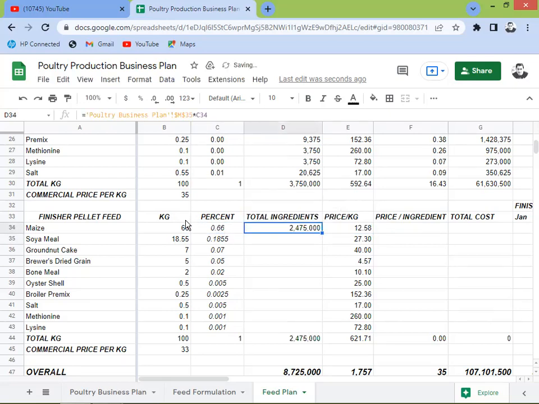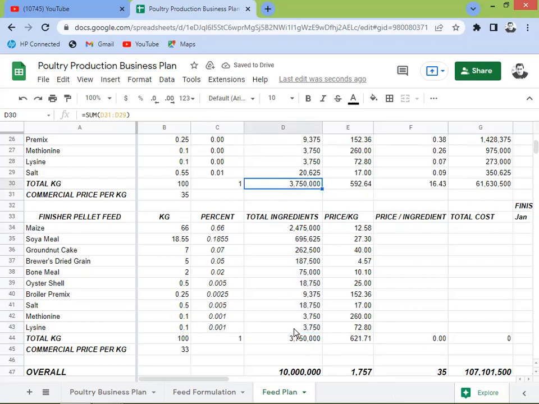So we need 2,475,000 kilograms for the yellow corn for the finisher pellet feed requirement. Okay, and then copy it down. Same amount of volume as the grower. Okay, so the price per